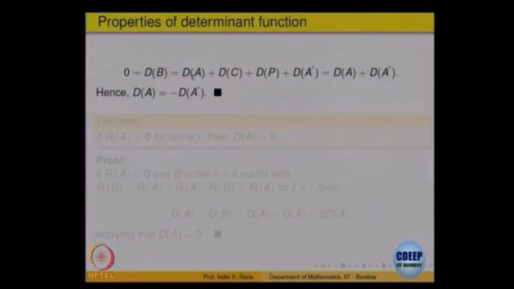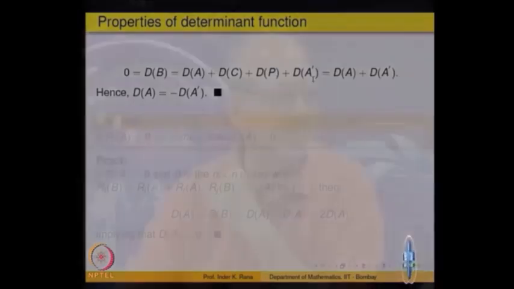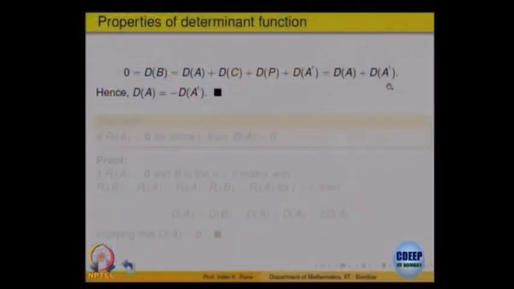So these are the 4 here. A is the original one with i j, right; C is i i identical; P is j j identical; and A dash is where i and j are interchanged, right. So using the property of linearity, the determinant of B, which had Ri plus Rj and Ri plus Rj, is 0. So that is equal to this: d of C is 0, d of P is 0. So what is it? d of A plus d of A dash. If these are 0, so what is d of A?